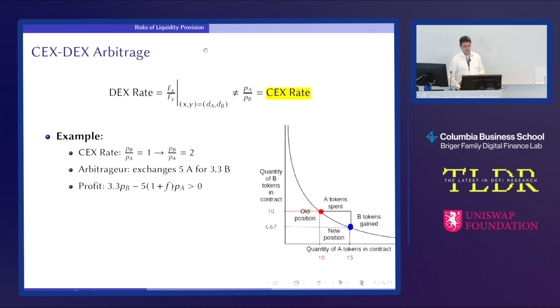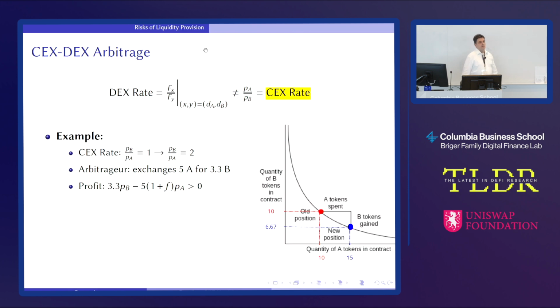Okay, so now what are the risks of liquidity provision? One of the risks is the so-called CEX-DEX arbitrage that has been discussed a lot and studied in many papers. Most of us, or some of us, have contributed to this literature. So the idea is that if there is a change, for example, in the centralized exchange, so the price of one token compared to the other changes, so token B is now twice more valuable than token A, then arbitrageurs can trade in the centralized exchange and try to realign the prices,